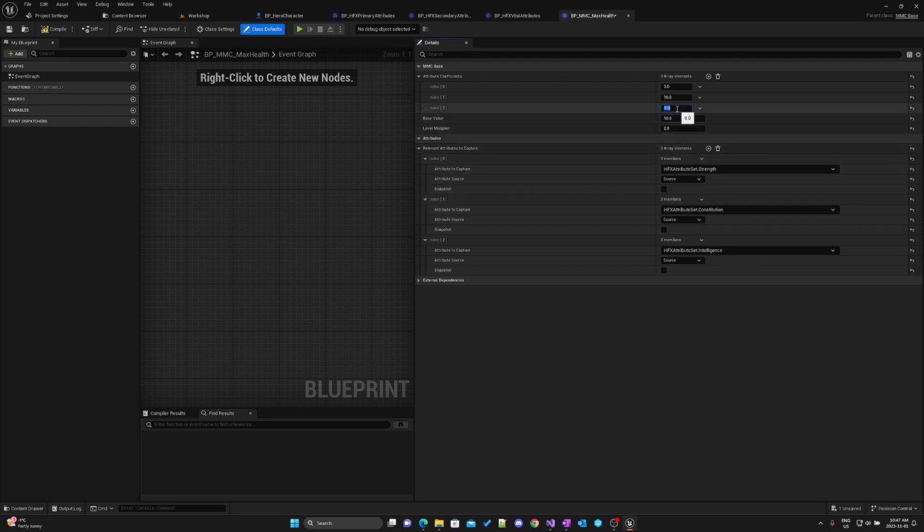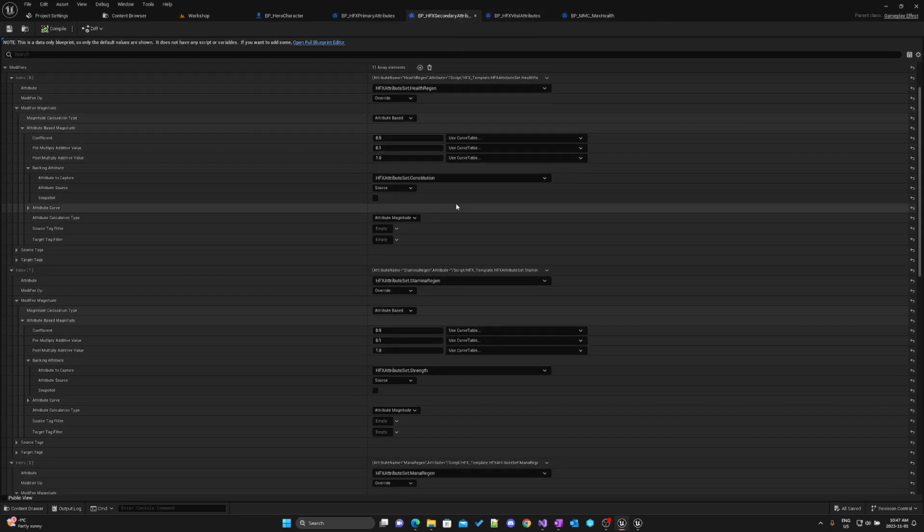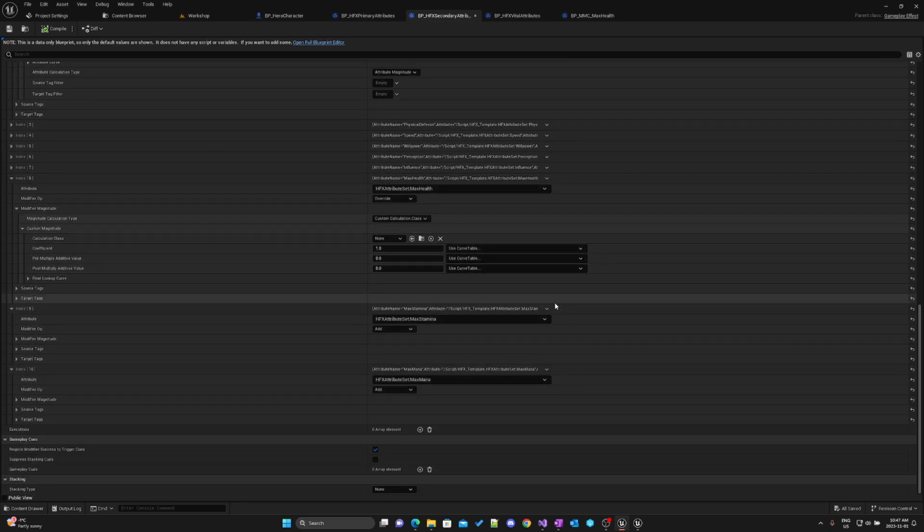And so let's say maybe there's a 1.1 times multiplier of your intelligence to your maximum health, right? So we can compile that and save that. And so now if I go and look at my secondary attributes, because this was for maximum health, if I go into secondary attributes and scroll down to the bottom where we had our maximum health and we set it to be a custom calculation class, here I can now take my BP MMC maximum